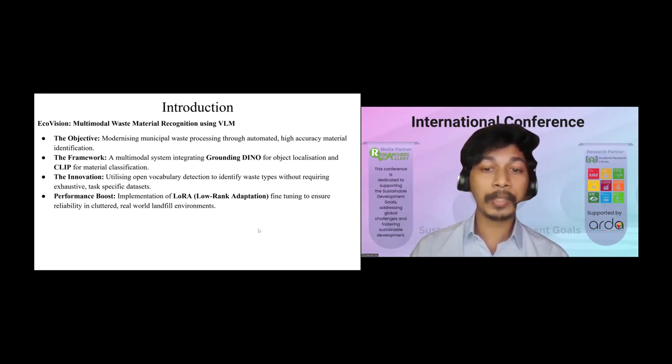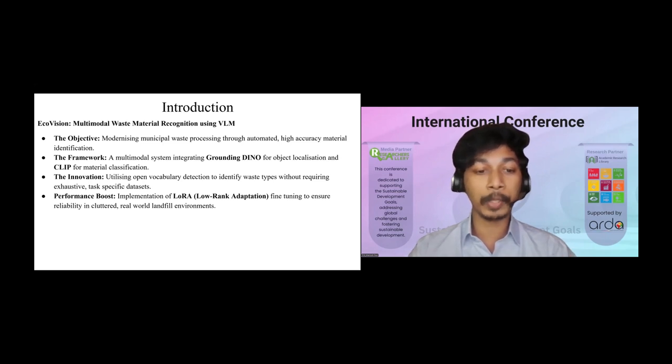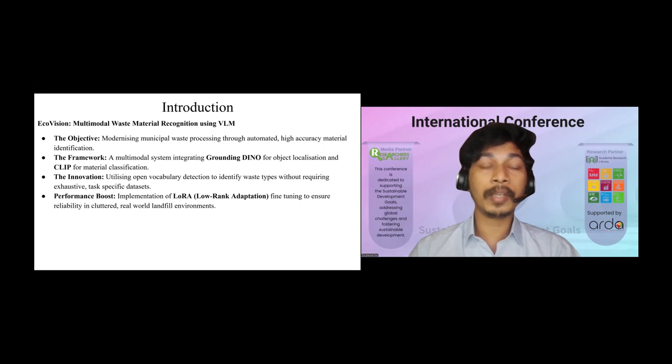And typically, Grounding DINO and CLIP, this synergy is already performing very well. But my innovation and my method of boosting the performance is the implementation of LoRA, which is low rank adaptation. What LoRA does is it fine-tunes the final layer of a particular model. And what do I mean by fine-tuning? Fine-tuning is where I modify just a little bit of the weights of the model to better localize with our particular context,